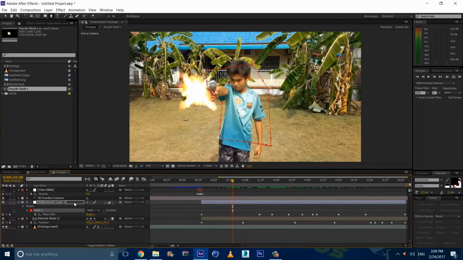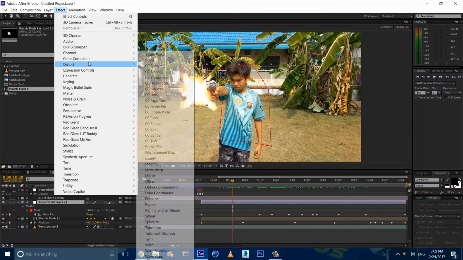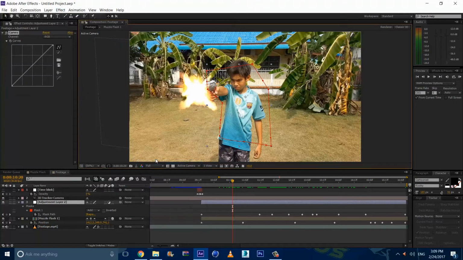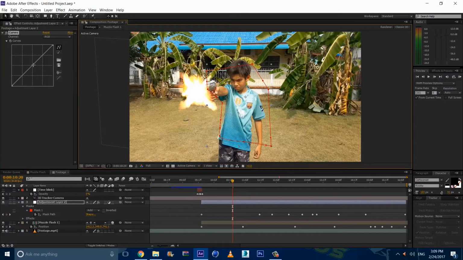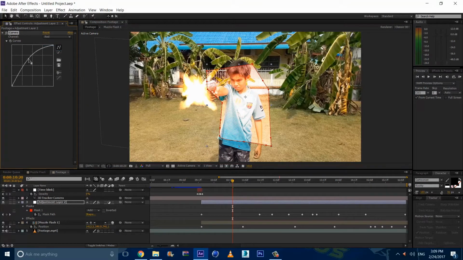So once you mask that, you can go to effect, color correction, and curves, and here we're going to bump up the brightness. Don't bump it up too much. Go to red, bump it up, and go to green and bump it up, and we should have a yellowish look. So that's too strong, so I'm going to go to RGB and lower it a bit. It needs a bit more reddish,